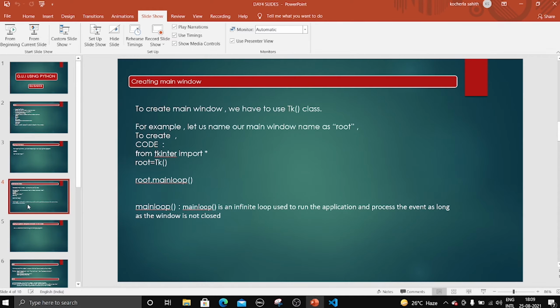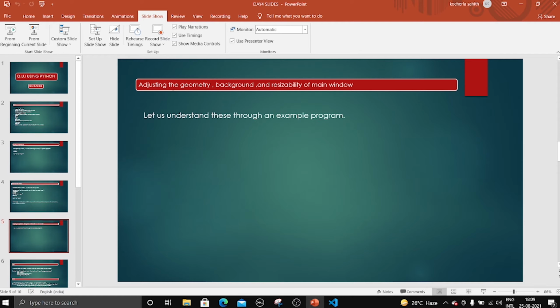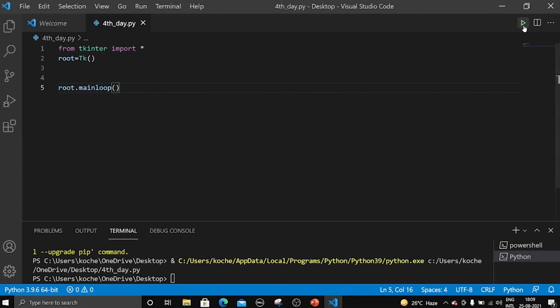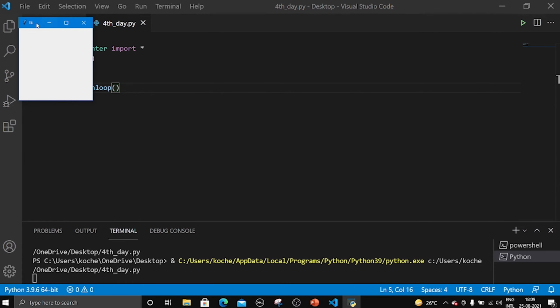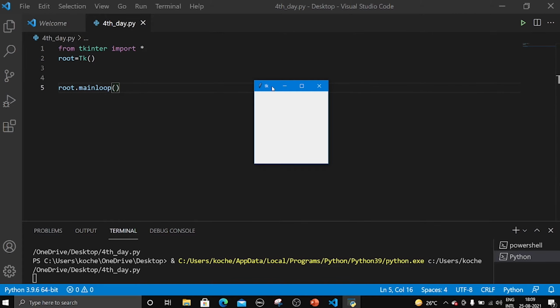So let us go into the next slide, that is adjusting the geometry, background, and resizability of the main window. So we are creating a main window here, right? It is giving a default size. We don't know the exact size it has given. So in case you want the geometry of the window to be different, and if you want the background color of the window to be different,